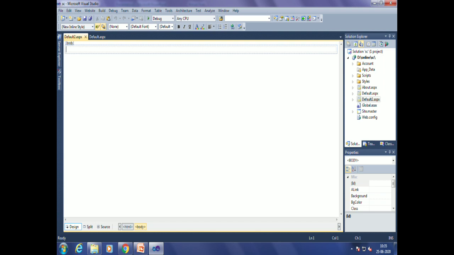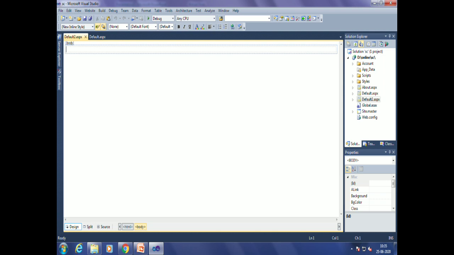As soon as we create website, different files and folders will be created as per the requirement. So these are different files and folders created as soon as we create website.